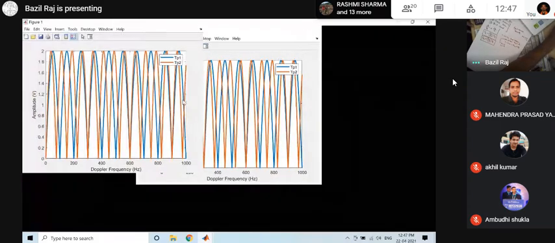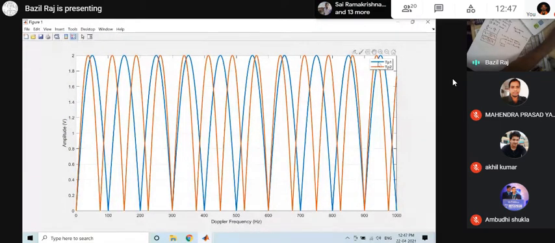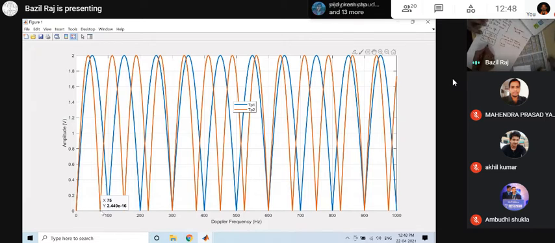You see my legend, right? The FP1 blind speeds are at 100 Hz, 200 Hz, 300 Hz, 400 Hz, 500 Hz, 600 Hz, and so on. And the blind speed of the second PRF, see here, is 75 Hz. In this case, F2 is equal to 75 Hz. How is F2 equal to 75 Hz? You substitute there and tell me the FP2 value.